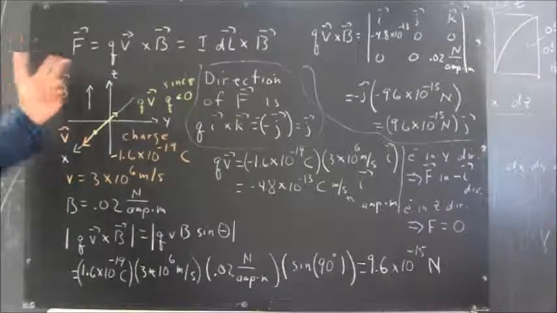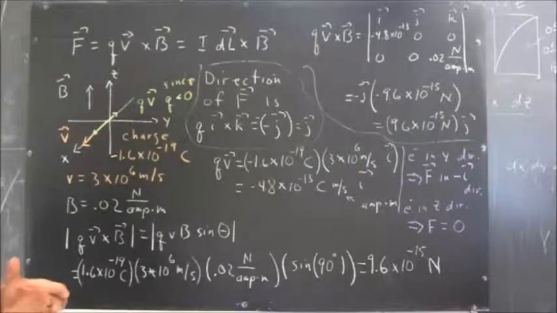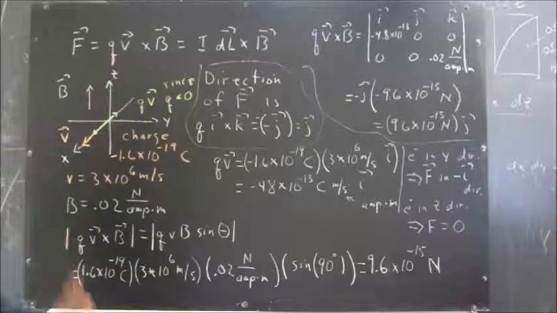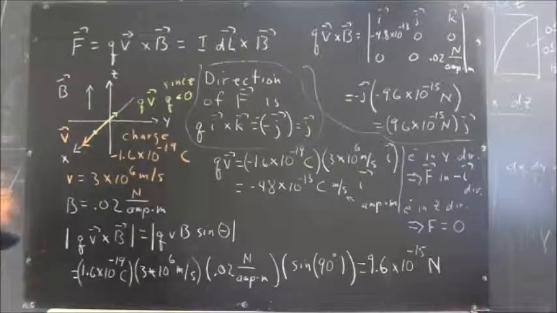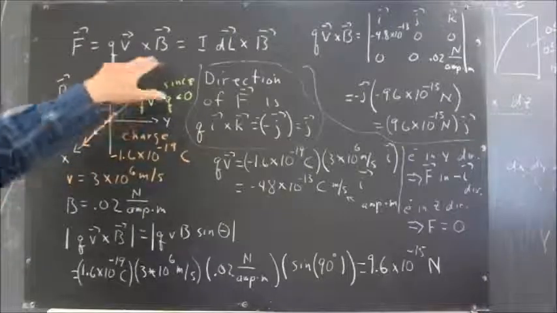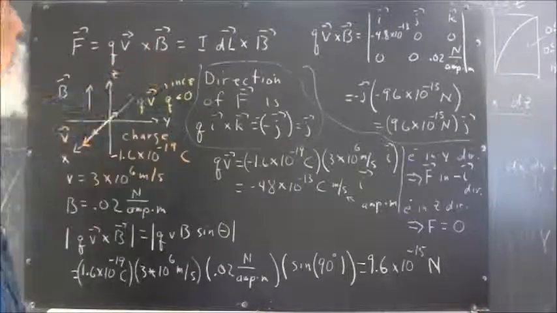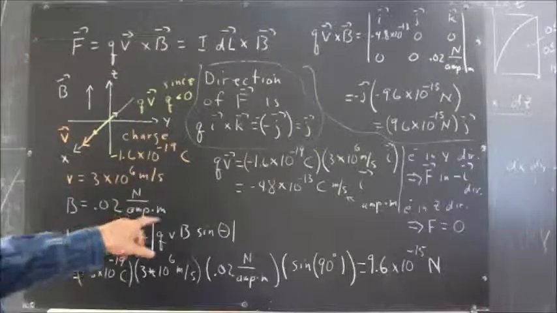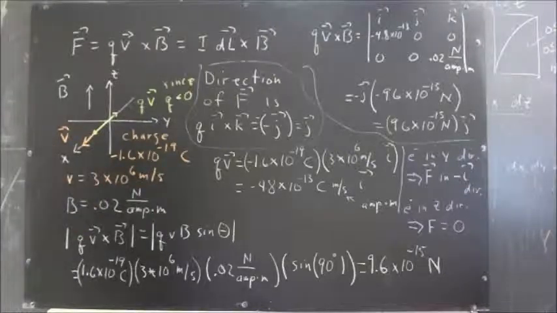Okay, the law that we want to look at here is the law that we use to calculate the force on a moving charge due to a magnetic field. Now, we haven't really talked about magnetic fields, so we're just going to say that B is a magnetic field, and it has units of newtons per amp meter, and we'll see why, and we'll see how magnetic fields arise just a little